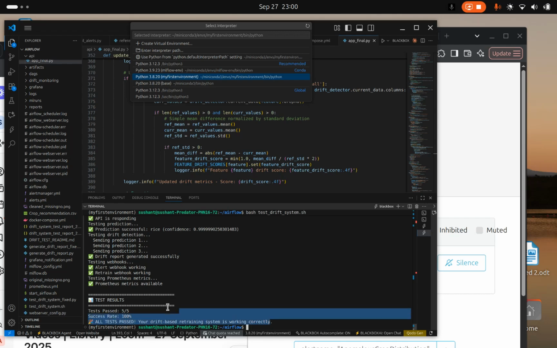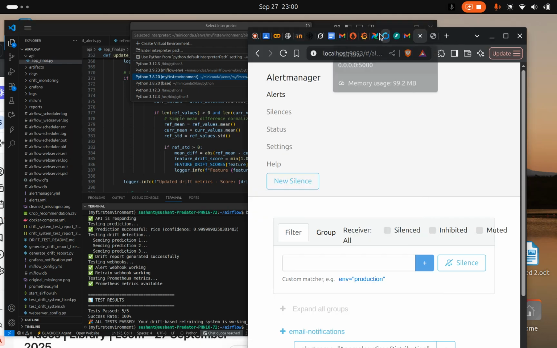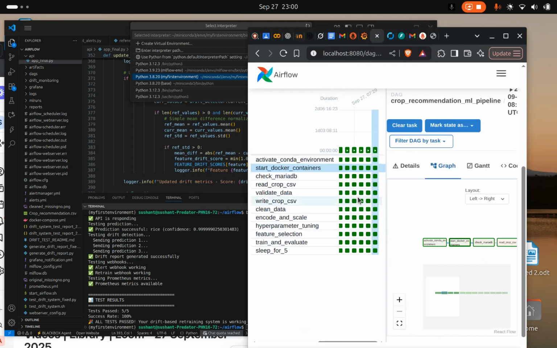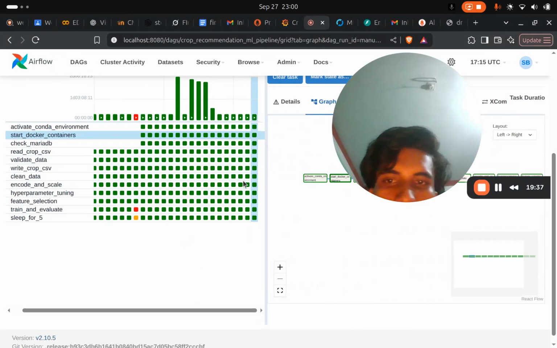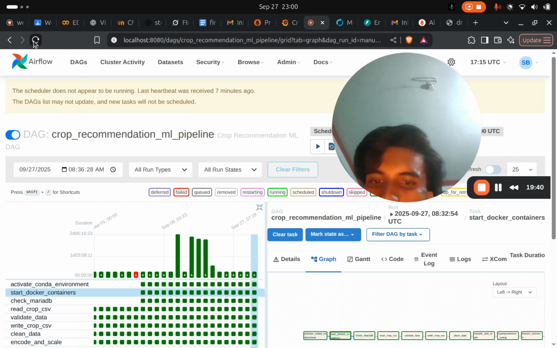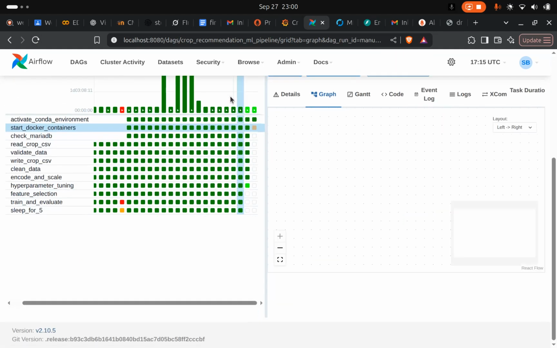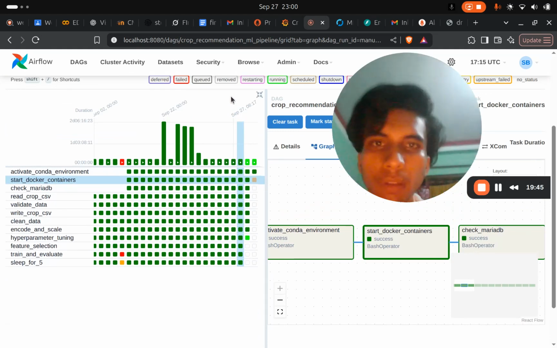So if this system is working, our DAG must be triggered, and we must get a report of Evidently, and inside our Prometheus and Grafana we must see there should be alert and fire. So let's see if our DAG is triggered or not. Okay, our DAG is triggered, and